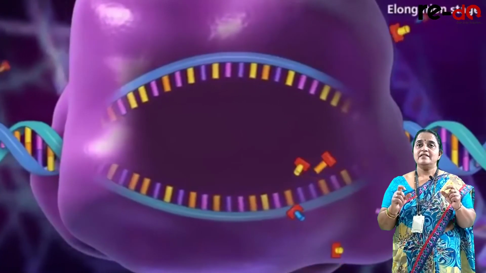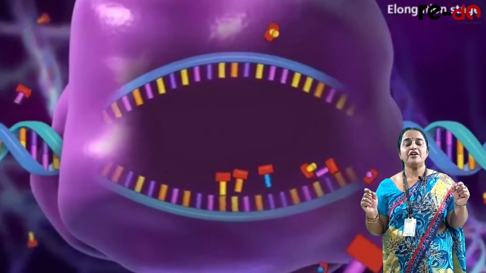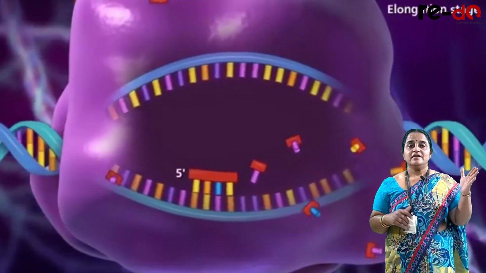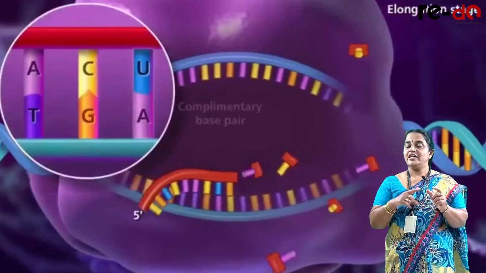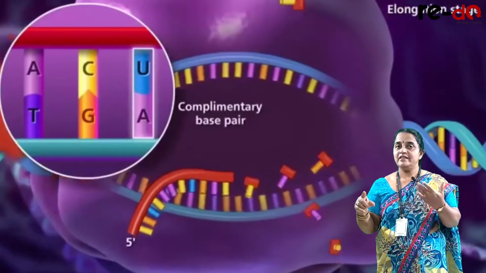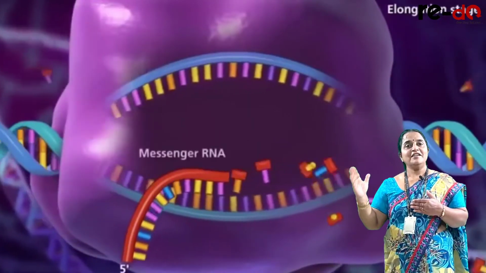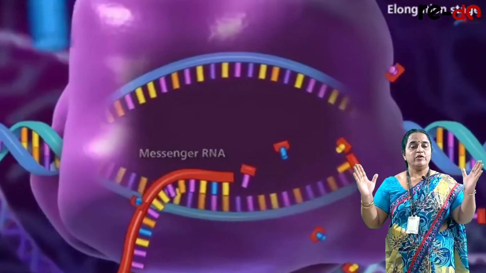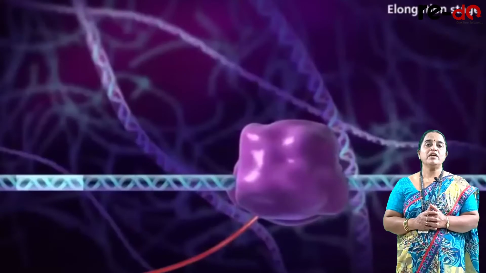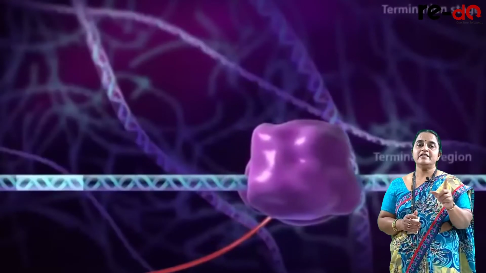Thus, transcription in a prokaryotic cell starts with the initiation complex, continues as elongation, which is synthesis of RNA, and terminates on the terminator gene. So a transcription unit in prokaryotes is a continuous